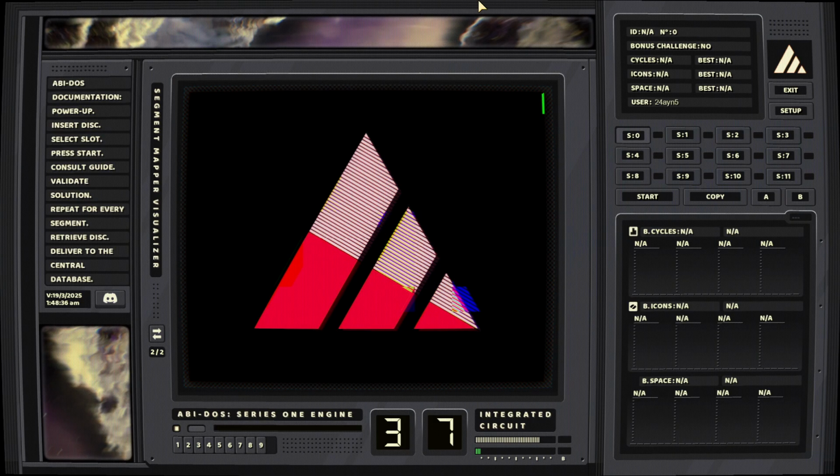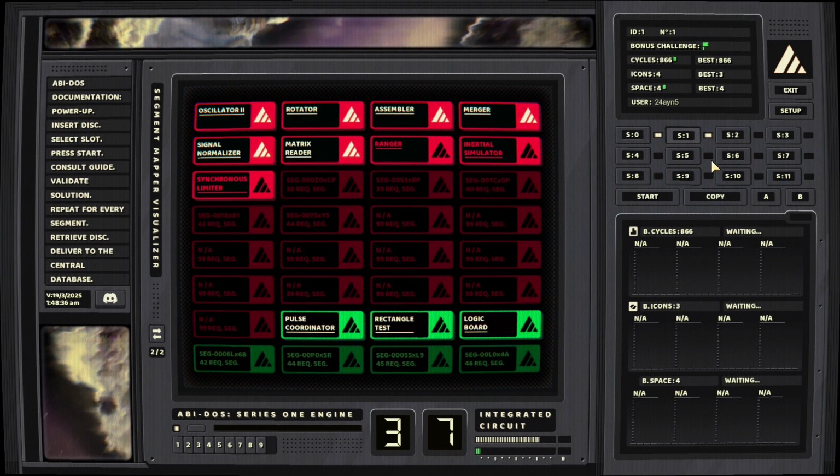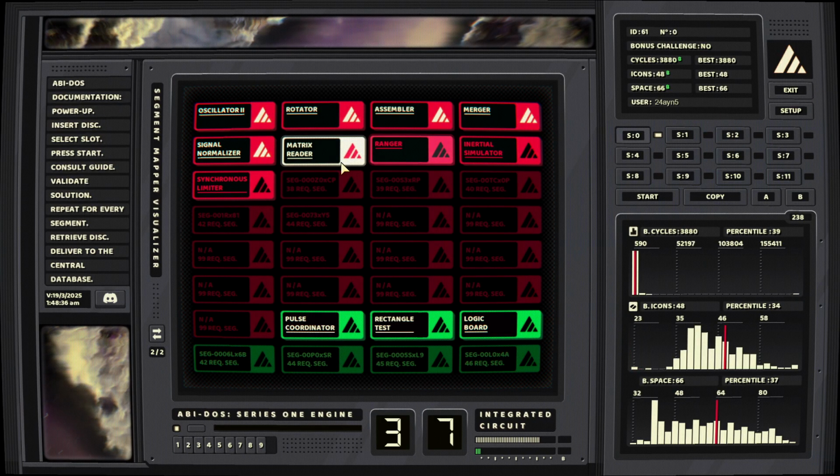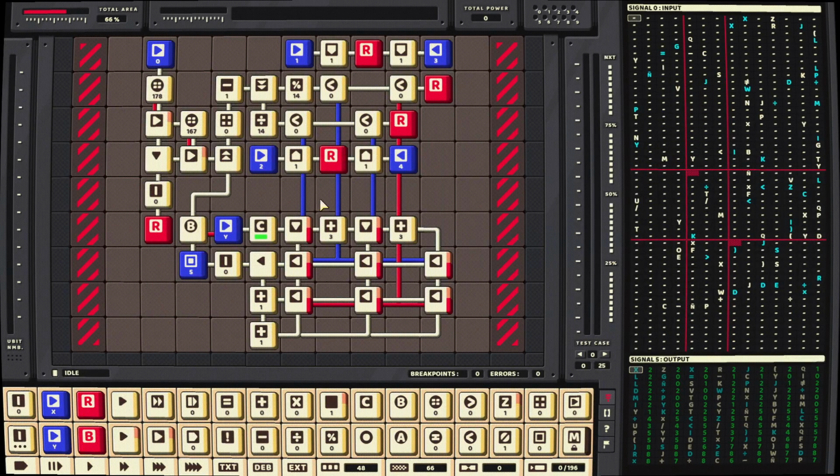Alright, I'm here in the, what's this thing? What's it called? Power screensaver? Screensaver, that's what it's called. Oh, okay, so I just turned that on because last episode we finished Matrix Reader, which was a pretty cool level, actually, giving us what appeared to be a matrix and then asking us to compute that. That was certainly a task, but that was pretty okay, I would say, for